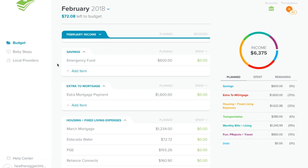So he drives a 98 Honda Civic, which has like 285,000 miles on it. So he is trying really, really hard to get it above and beyond 300,000. But in case we need to find him a new car later on in the year, or maybe next year, we want to have money set aside in our emergency fund to where we can just spend a few $1,000s on the car and not have to dip below our 6-month total. So we are putting $600 into our emergency fund in February, and we are paying an extra, hopefully, $1,600 toward